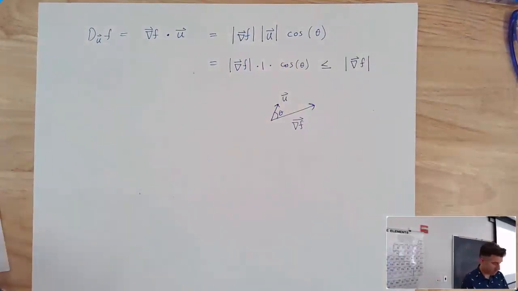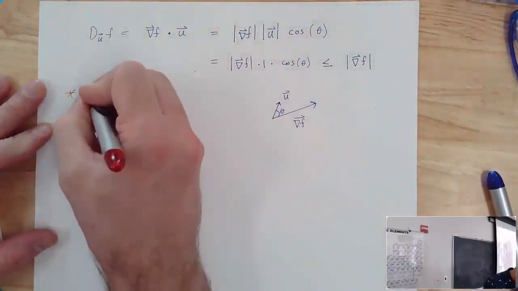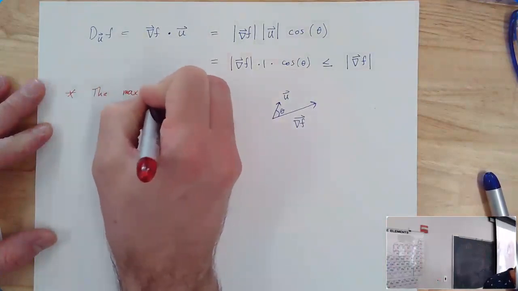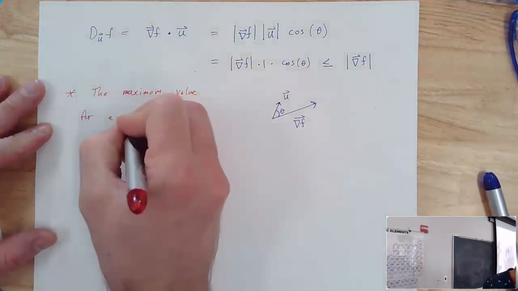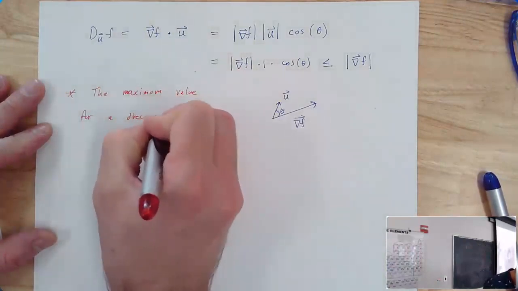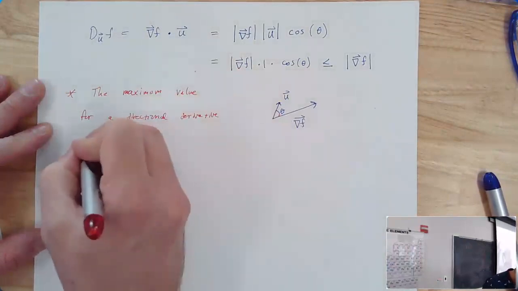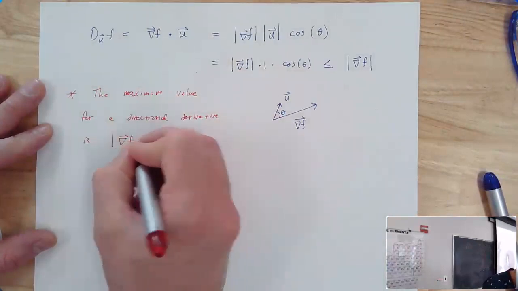Let's say that again. The directional derivative at the most can only ever be equal to the magnitude of the gradient. So that's actually an important thing. Let's write it down. The maximum value for a directional derivative